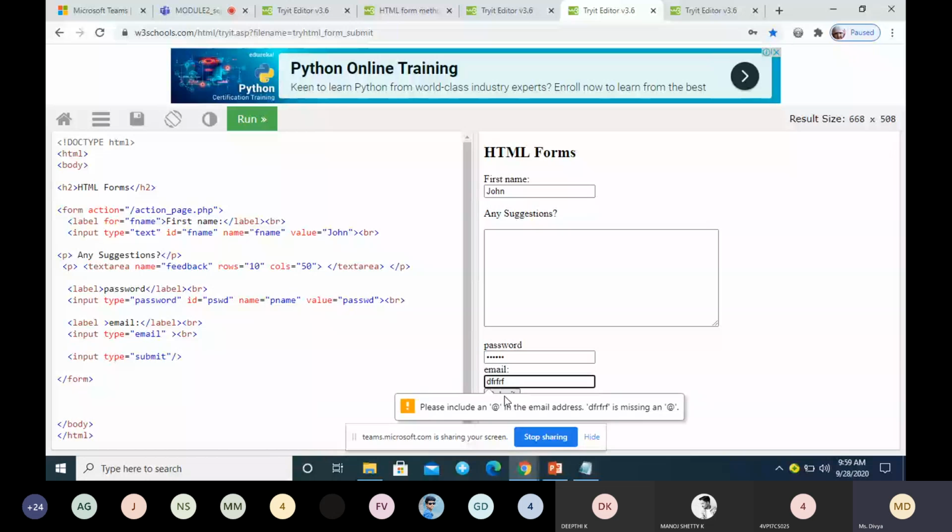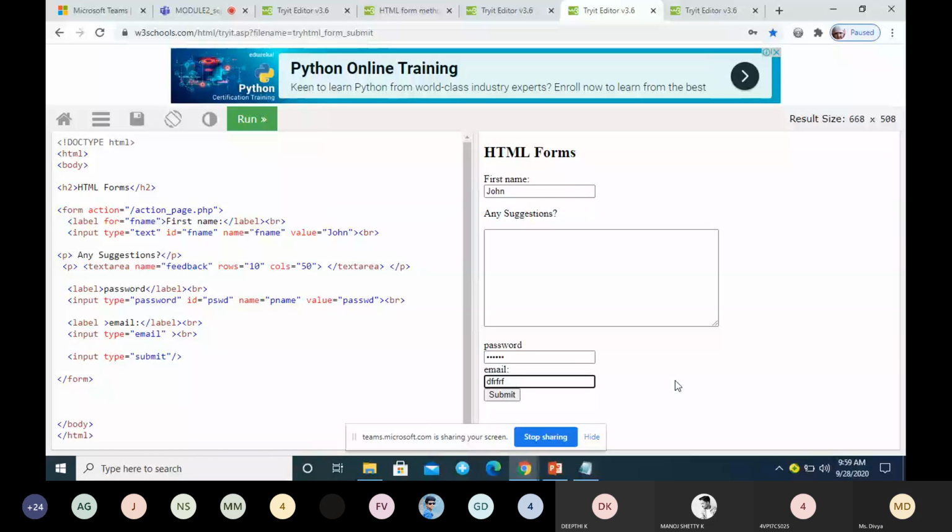The email should have an at the rate symbol, and it is missing in this email address. Some browsers will perform validation when the form is submitted. So that is type is equal to email.